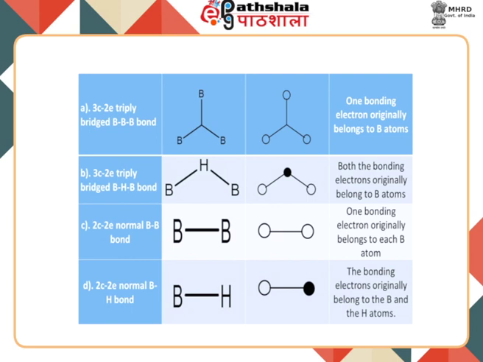Although the framework electrons of BN cluster are highly delocalized, that is, they belong to all the boron atoms of the framework, yet the localized 3-center 2-electron and 2-center 2-electron molecular orbital approach can explain the main features of the